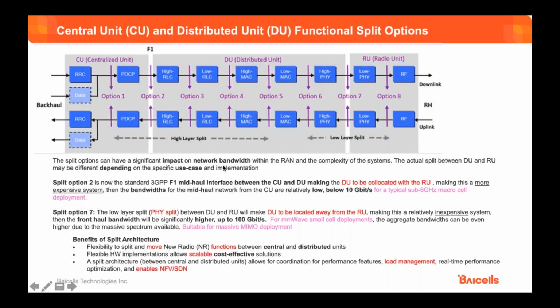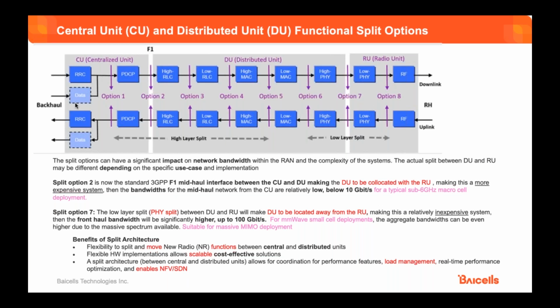You will have less bandwidth, only up to 10 gigabits per second right here. This is for typical sub-6 gigahertz macro cell applications. They will use split option 2. You can also have double splits, split 7 and split 2. You will end up with 3 pieces of hardware. You will have the radio unit, which is the RRH, and then you have the BBU, which is the baseband unit, which is the distributed unit. And then you will have another piece of hardware, which is called the centralized unit, and that can be realized as the mobile edge computing